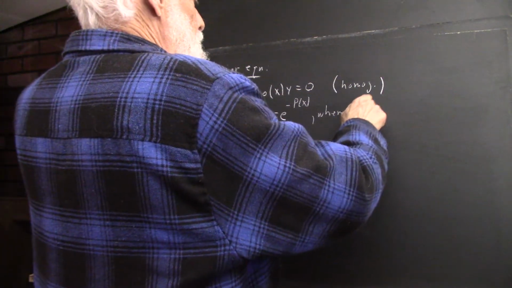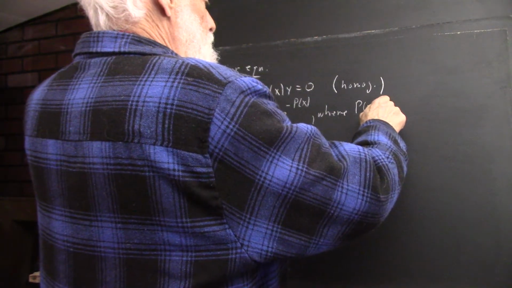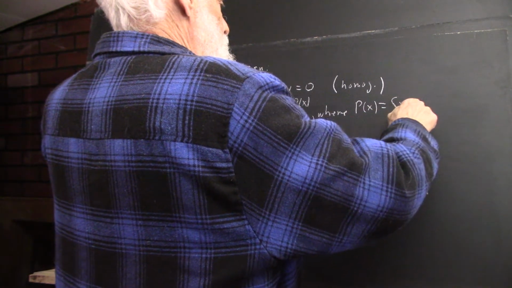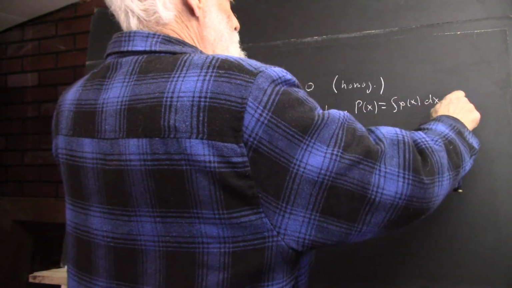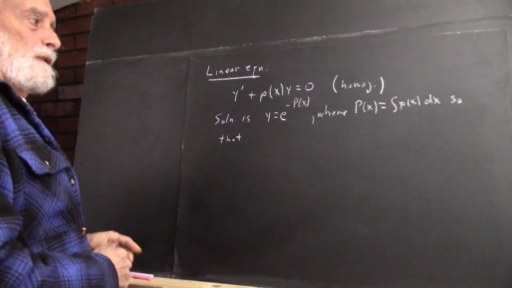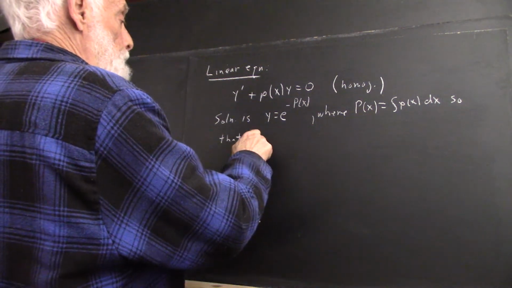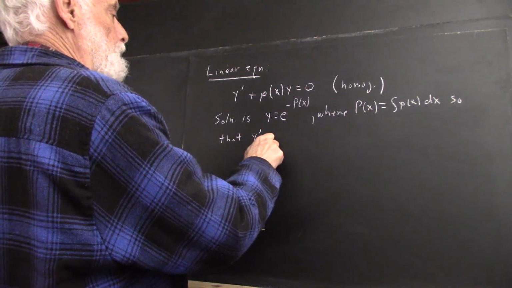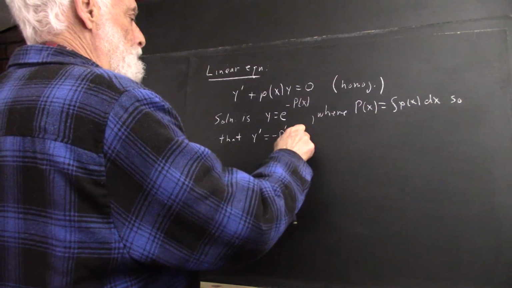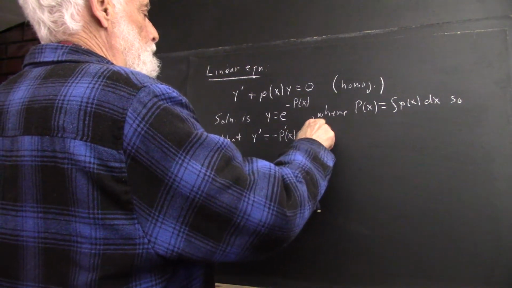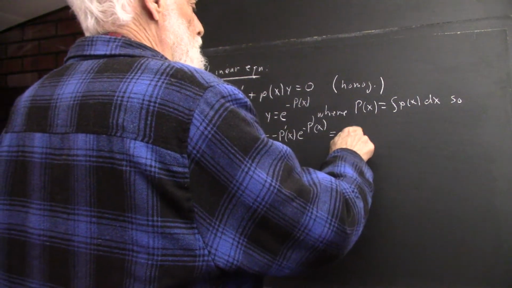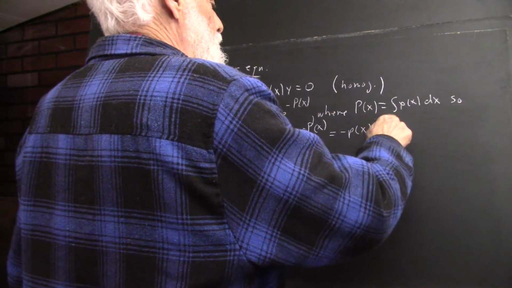The uppercase P of x is the integral of lowercase p of x, and the key there is just so that y prime equals negative p prime of x e to the negative P of x, okay, and that equals negative little p of x e to the negative big P of x,